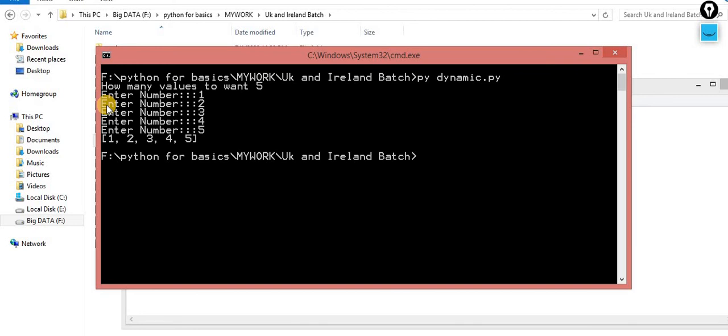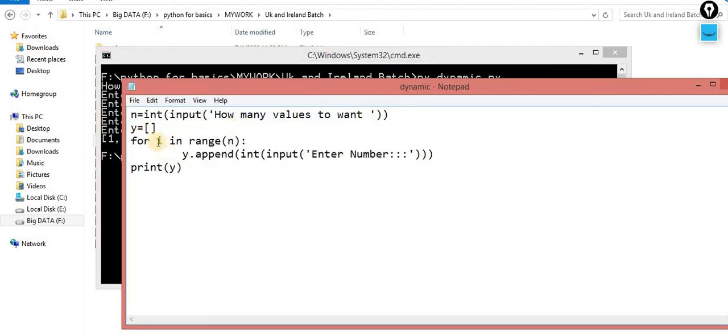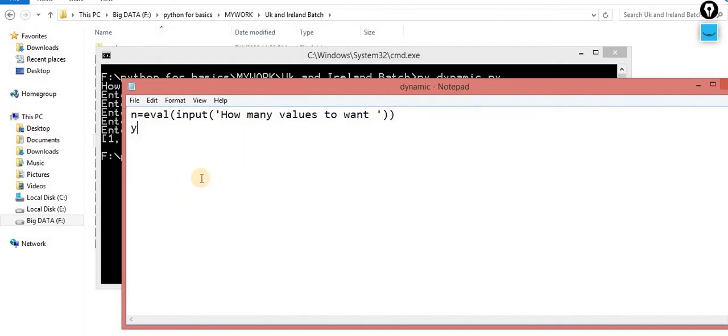Another way is also there. There is one special function, and that function is called eval. Here I am doing eval of the input, and I am printing it, print of n.